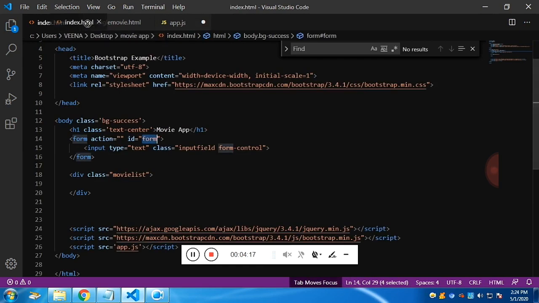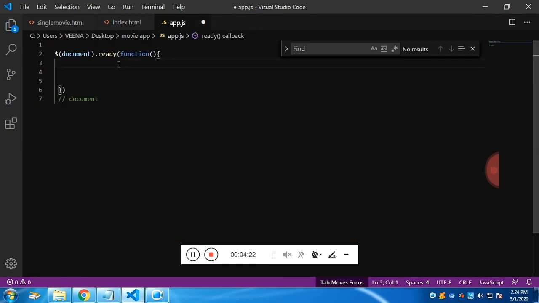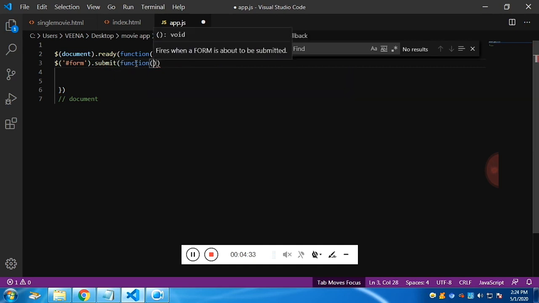Let's call the ID of the form, and the form will have a function called submit. And once we submit, what we need is